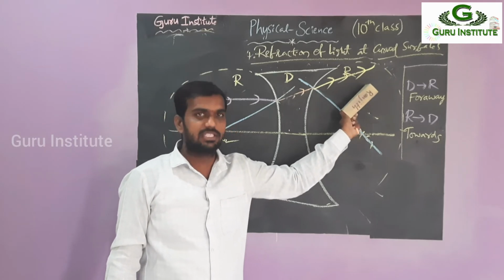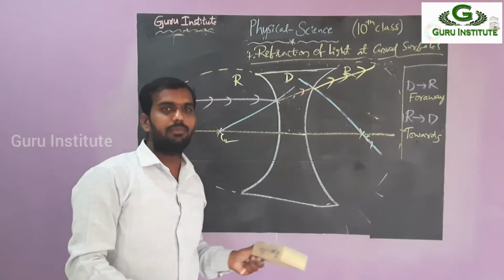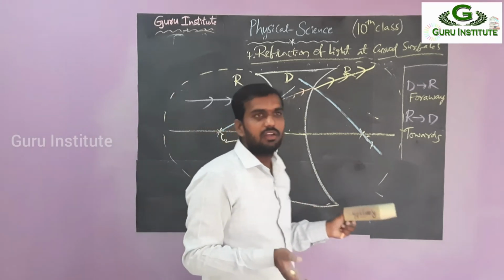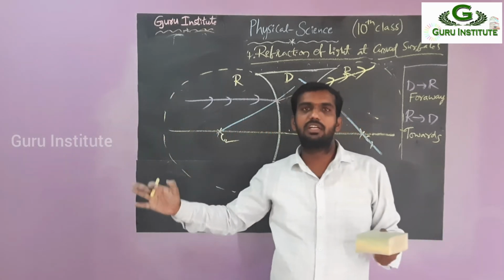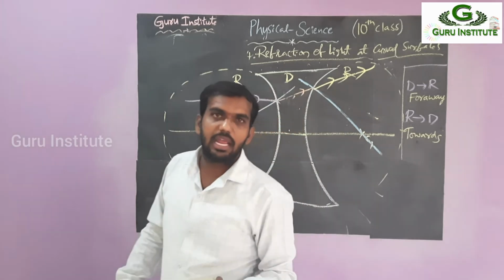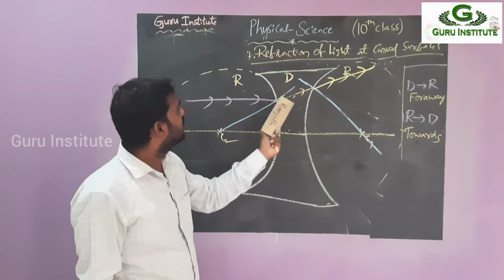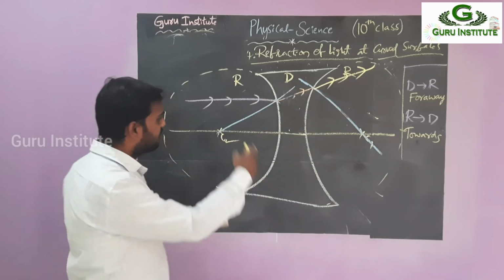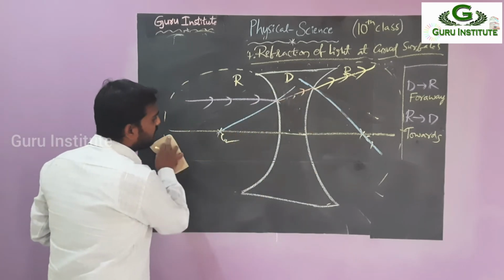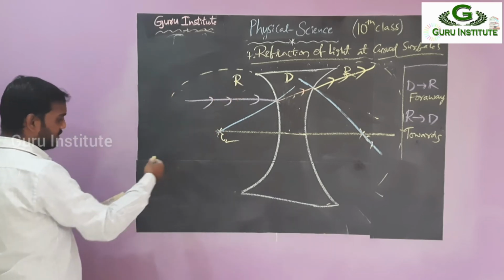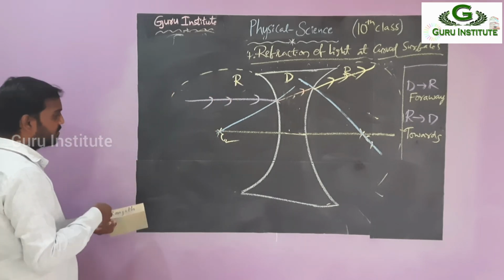That is called the emergent ray. If only one refraction is done, that is called the refracted ray. If more than one, the ray which comes outside is called the emergent ray. Or you can call it a refracted ray also. So from this picture, for a simple diagram, what can we draw? We need not draw all this. So simply we can draw like this. See here, observe.